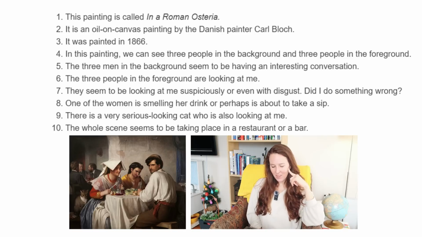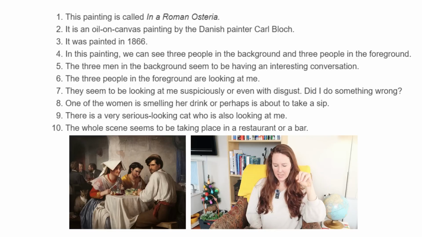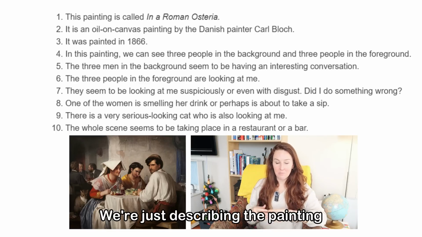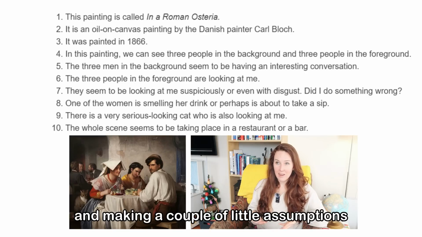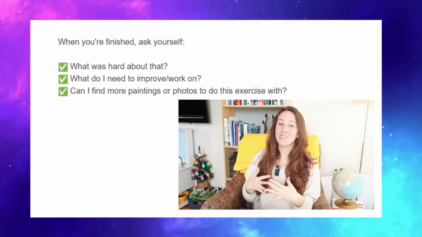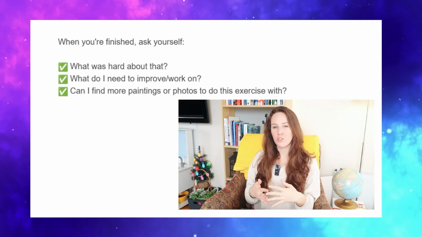10. The whole scene seems to be taking place in a restaurant or a bar. We're just describing the painting, describing what we see, and making a couple of little assumptions about what might be happening here. And finally, after you finish this activity, if you still have a couple of minutes, you can ask yourself a few extra questions